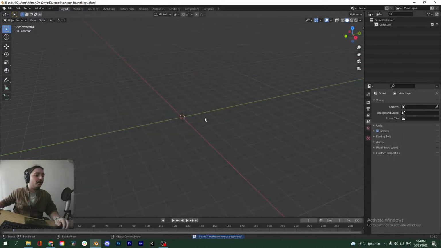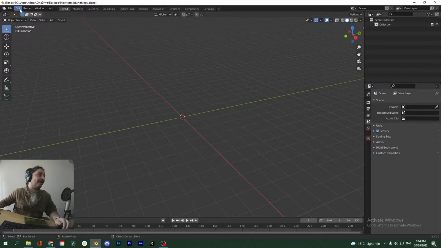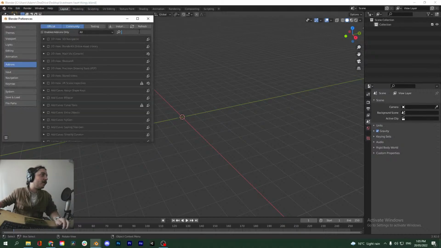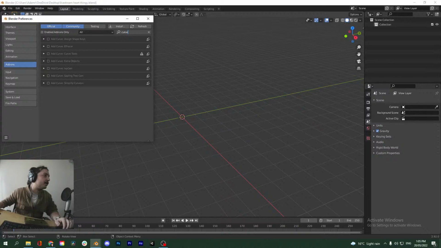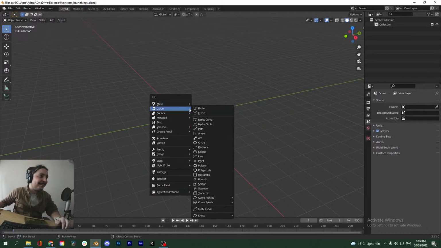Cool. So let's get to it. The first thing I want to do is press Shift A to add a new curve object. Oh my gosh, he doesn't have the add-on installed. So of course we're going to have to go to Preferences, Add-ons, and type in Curve Extras, I think. Yeah, add curve extra objects, make sure that's enabled. Hit refresh just to make sure it installs, and you can go down here and say save preferences. It usually saves automatically if you just exit, but we like to do things the safe way. So now, hopefully it's there. Yes, so you see how there's all these extra curve objects now.